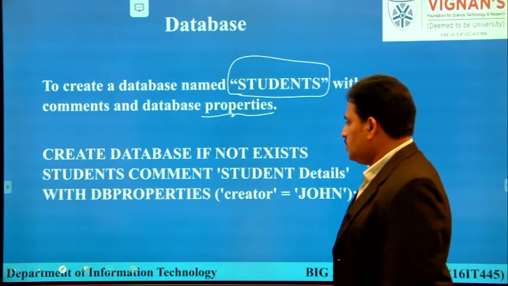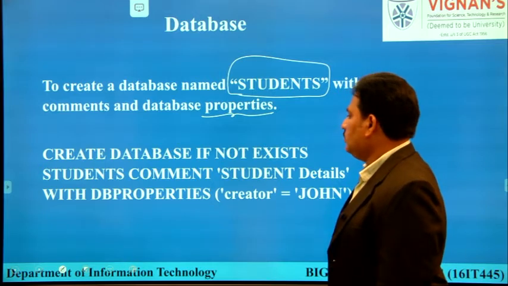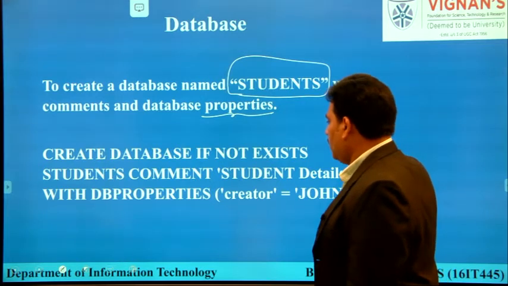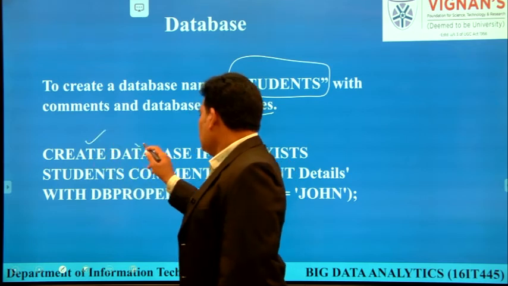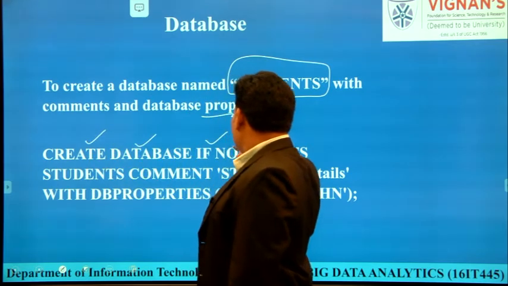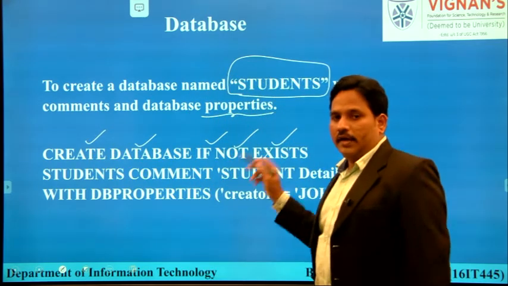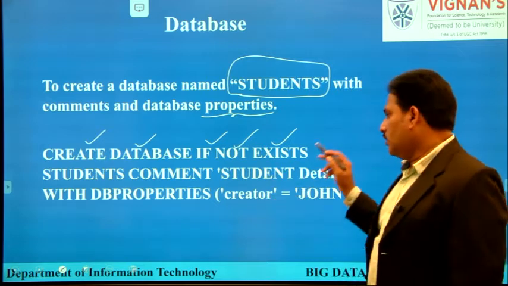The syntax is, we can use a keyword called create database if not exists.